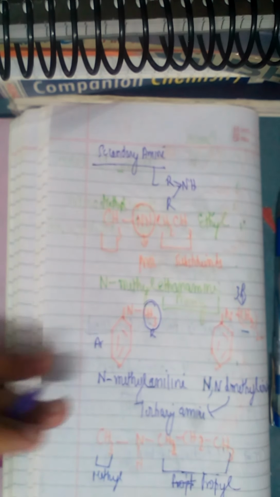Again the same procedure we will use here as well: the lower priority group, the smaller group, which is the methyl group, will get the smaller name, that is N-methyl. So this will become N-methyl along with the amine of the larger group. The larger group is propane, so it is propanamine. Because the N-methyl was smaller, I got it as N-methyl, and the propane was the larger group, so it becomes N-methylpropanamine.